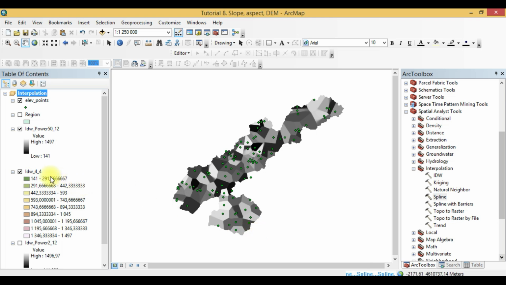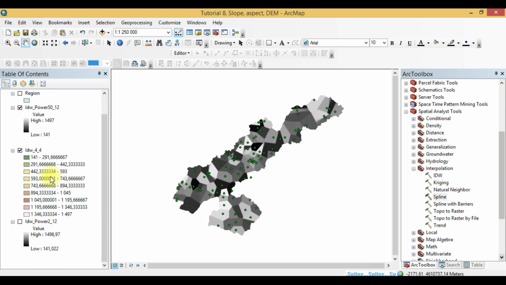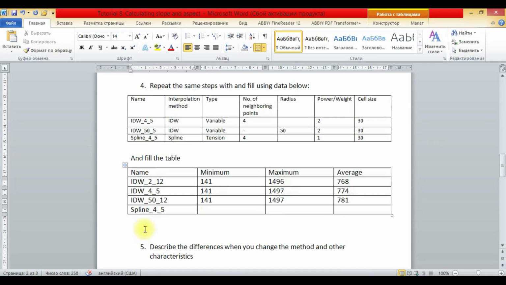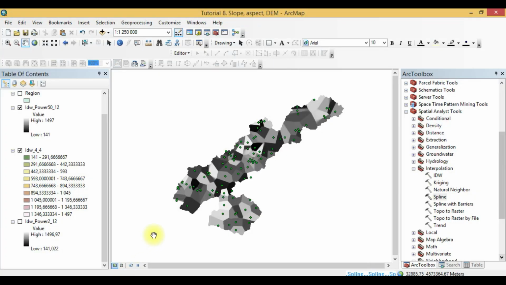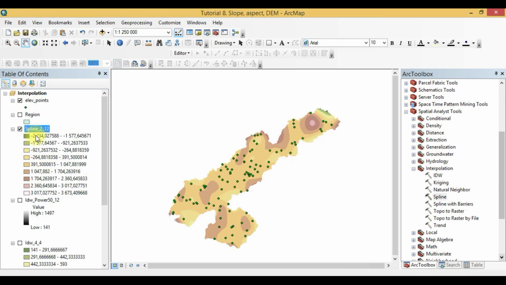Okay. So here is our spline, and we can see,